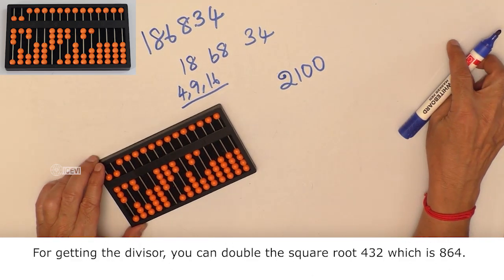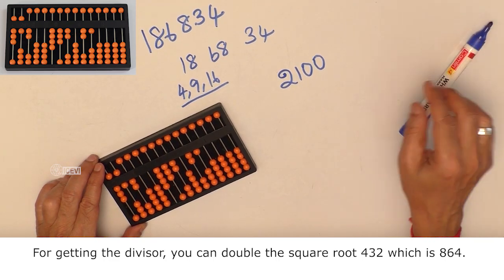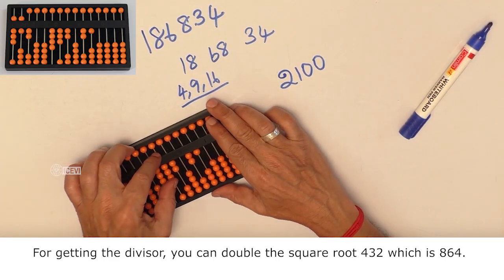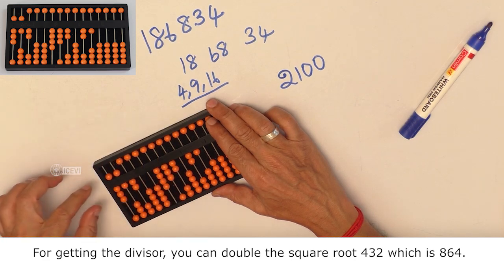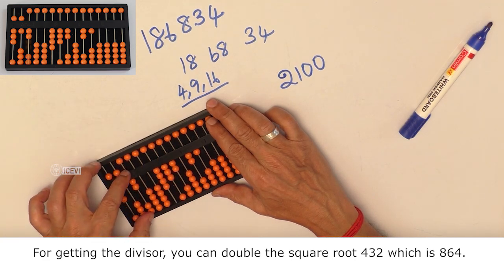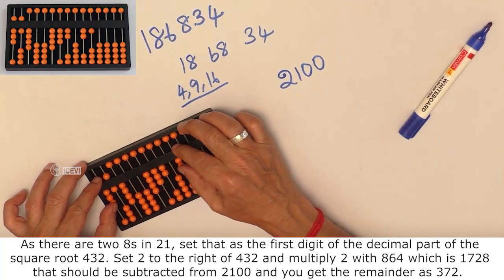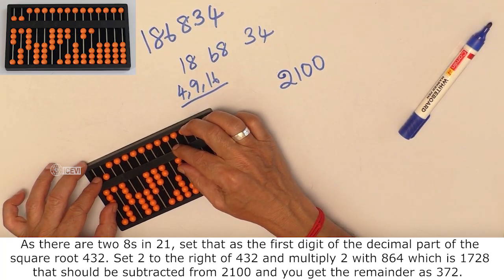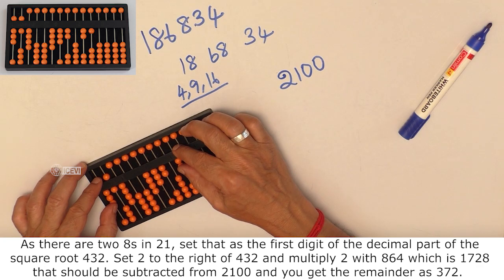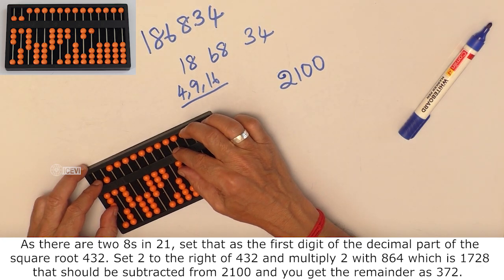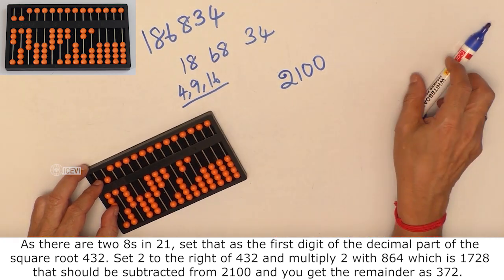For getting the divisor, you can double the square root 432, which is 864. As there are 2 8s in 21, set that as the first digit of the decimal part of the square root, that is